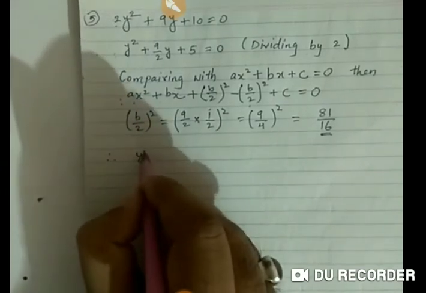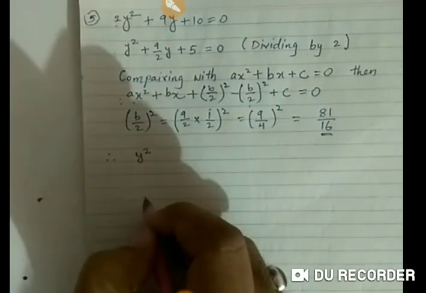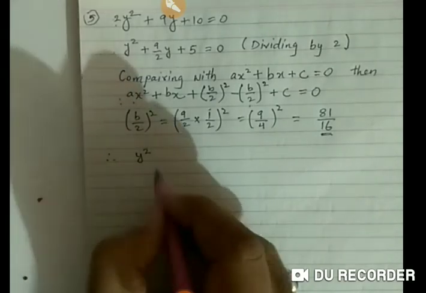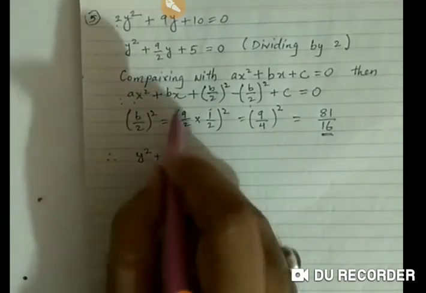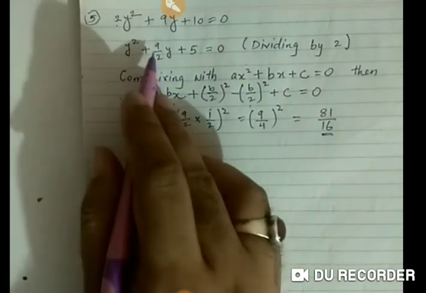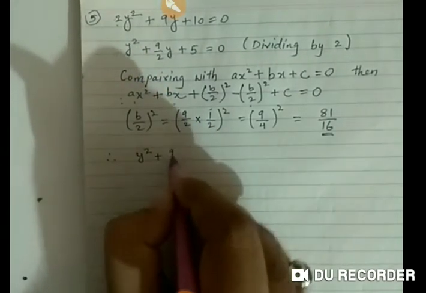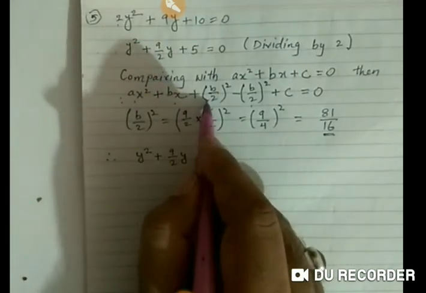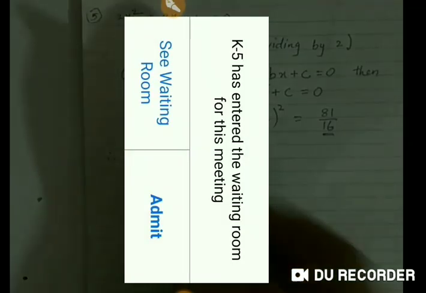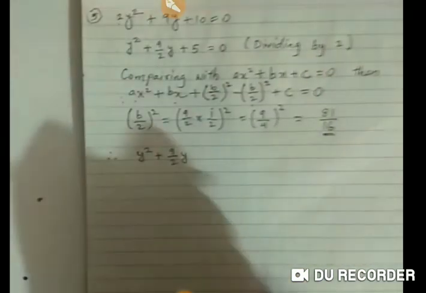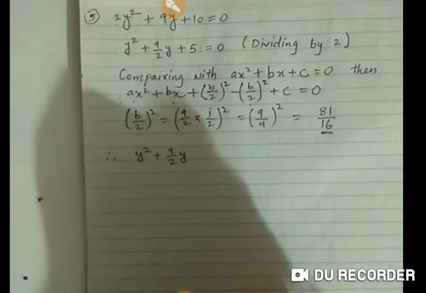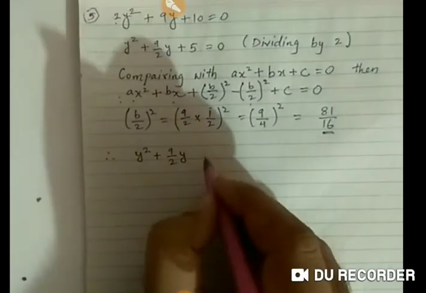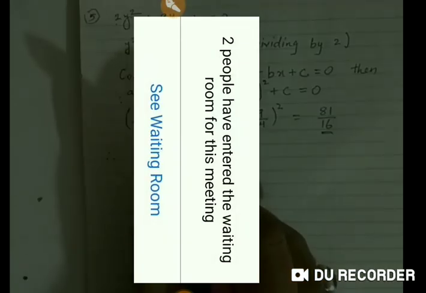So here we have y square, then plus bx, that is 9 by 2 y. Then next is plus b by 2 whole square. How much? Very good. That is 81 upon 16. So here I'll take plus 81 upon 16,